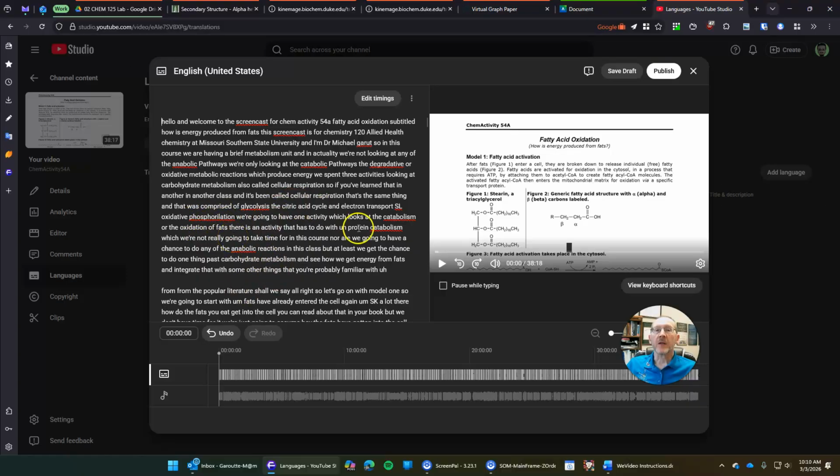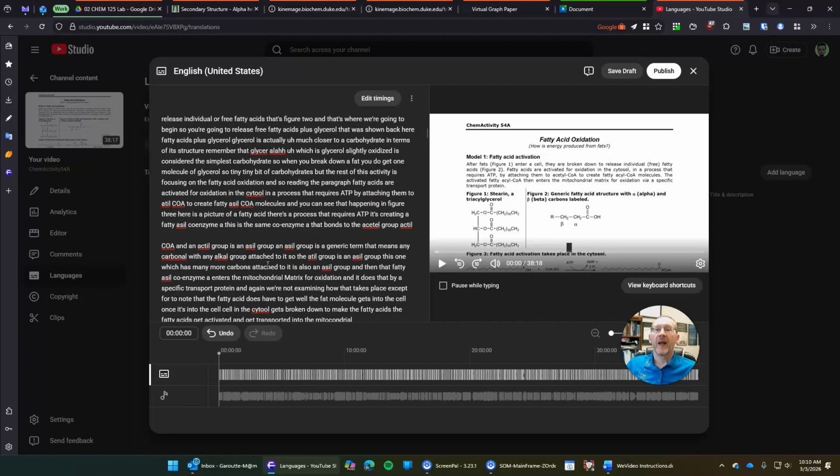It has uhs and ums in it. So I'm not really happy about it. Like acyl-CoA or acetyl-CoA, fatty acyl-CoA. Like, that's not even close. So let's see what I'm going to do about that.